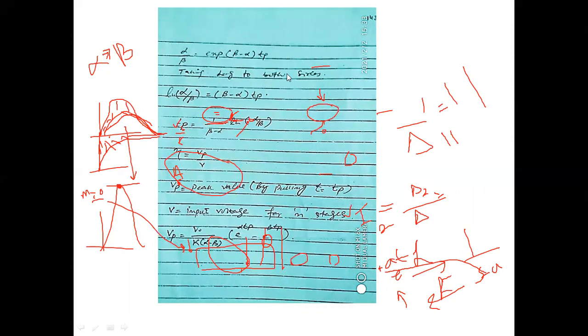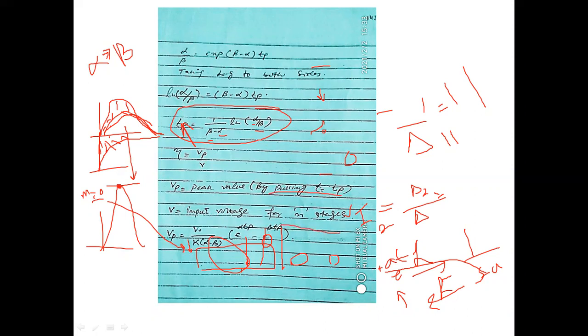Again tp is equal to, okay, so tp will be equal to 1 over beta minus alpha ln of alpha over beta. This is the time required for the impulse to reach its peak value. Okay, putting the alpha to beta value over here, so we will get tp. Now efficiency is vp over v. Okay, vp is the peak value. By putting the tp value, we will get the vp, and v is equal to the input voltage for the n stage generator.